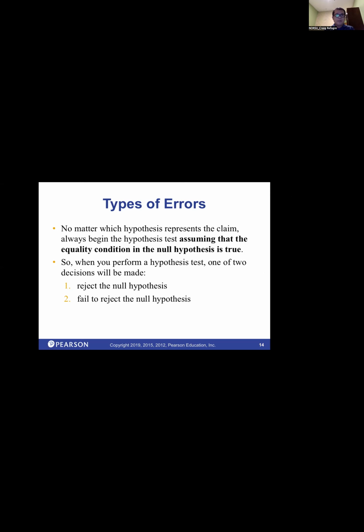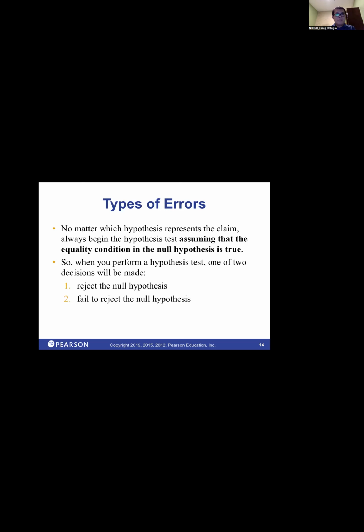Some books, especially Filipino-authored books, say accept the null hypothesis, and you can find this in many theses and dissertations. But to be exact in statistics, the right terms are reject the null hypothesis